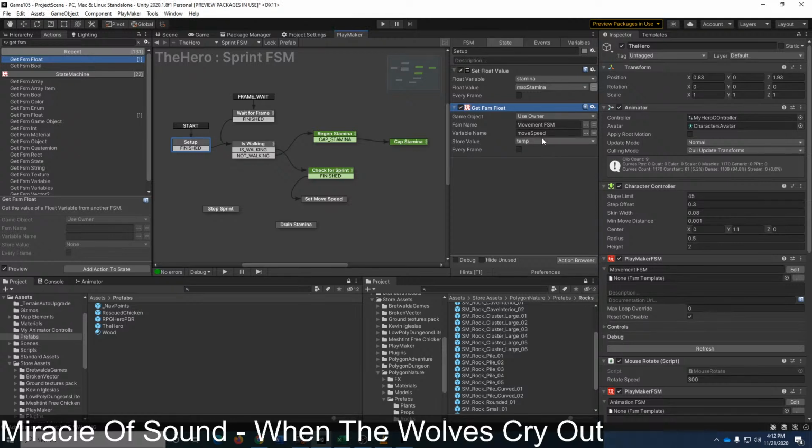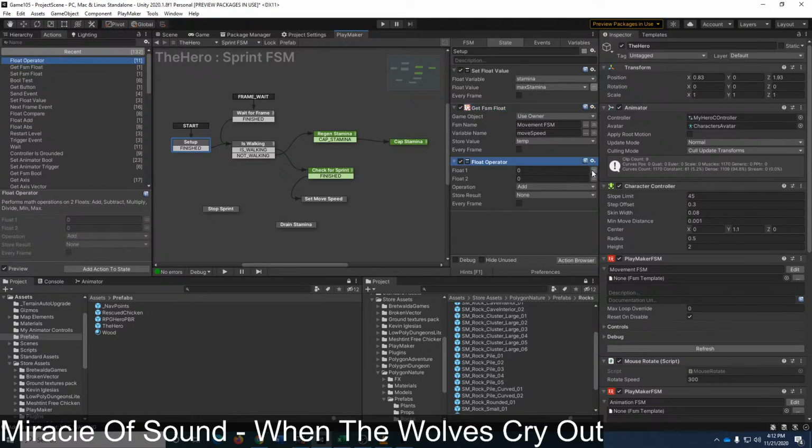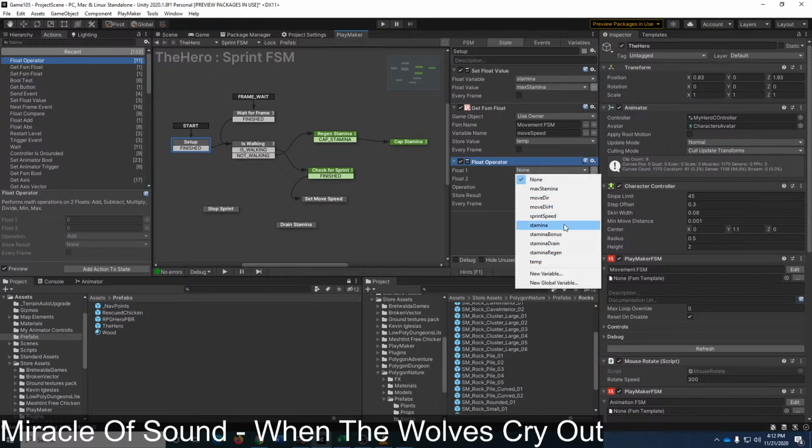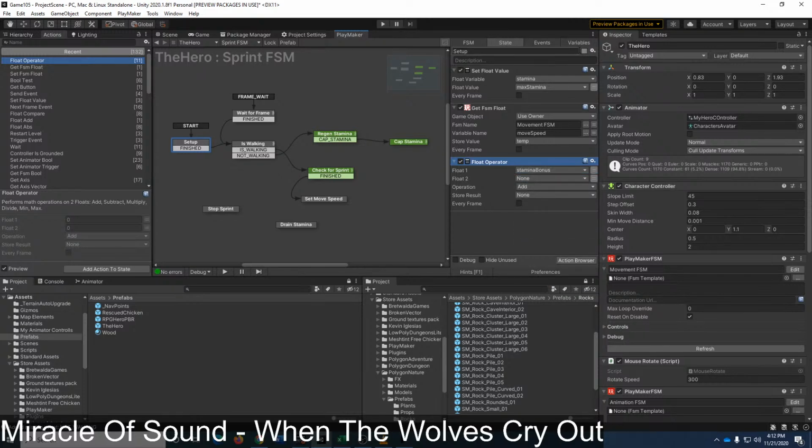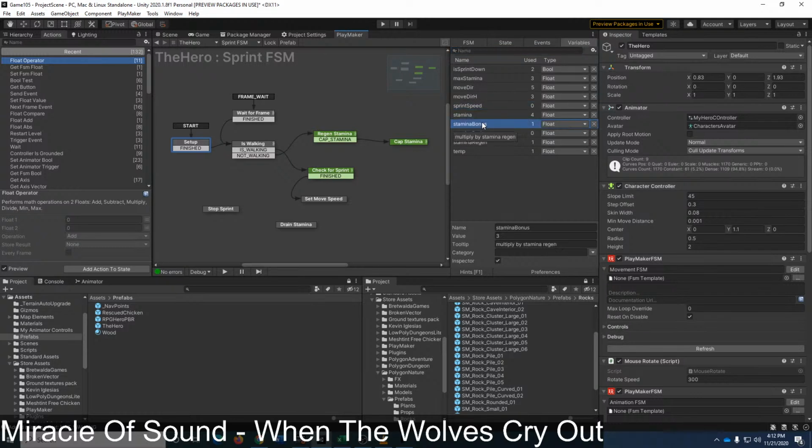And every so often it's good to have a temporary variable. In this particular case, it's mandatory because Playmaker and equations is not a thing. So I am going to get movement speed. I'm going to store it in a temporary. I'm going to do a float operator, which should be in this list. It is. And I am going to multiply my sprint bonus, not stamina bonus.